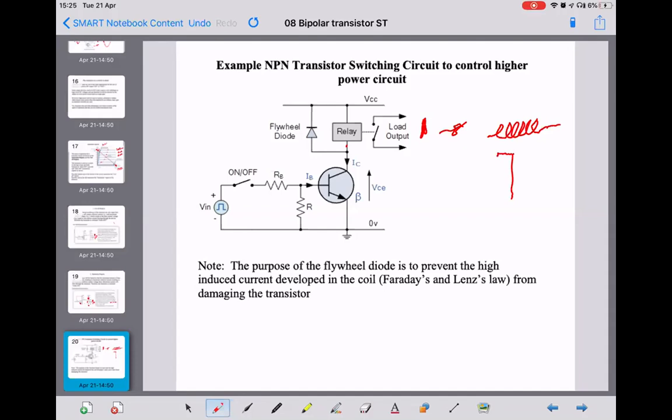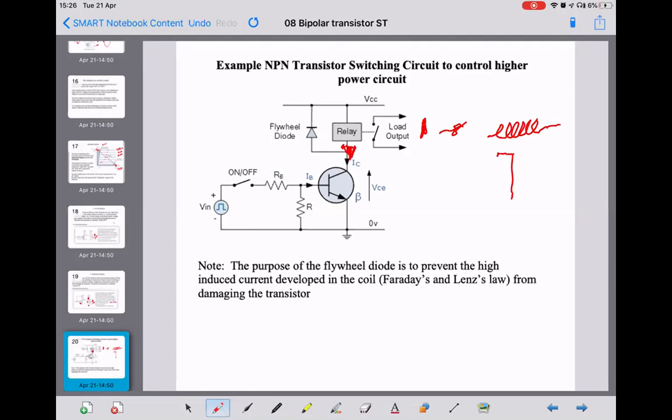You get a very rapid change in current. That would induce a relatively big voltage in the relay coil. And by Lenz's law, that voltage opposes the change, so it tries to keep the current going. And what it would attempt, under normal circumstances, is to send a large current down that way through the transistor